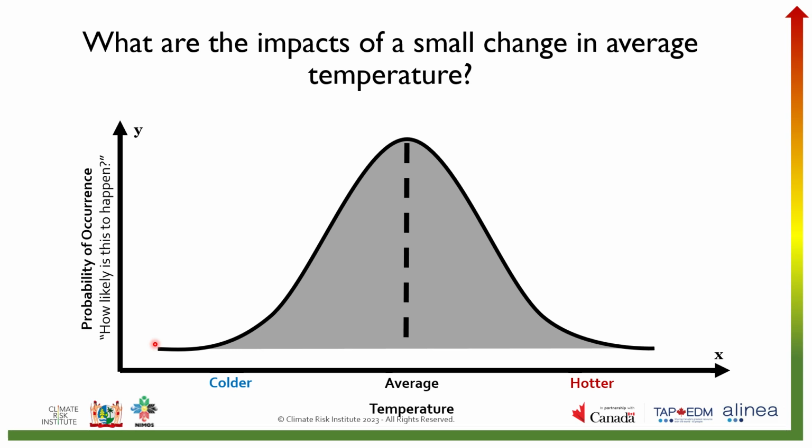Points that intercept higher on the y-axis are more likely to happen. So if I drew a line here, anything that hits it would be more likely to happen. Points that are lower on the y-axis are less likely to happen. So if I drew a line down here, that would be less likely to happen.